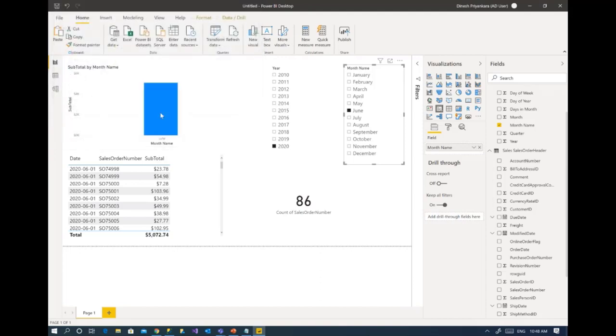Right. Now remember, we have not configured the incremental refresh yet. Now I'm going to configure it. So how do you configure incremental refresh? We set parameters to the query. In order to configure the incremental refresh policy,